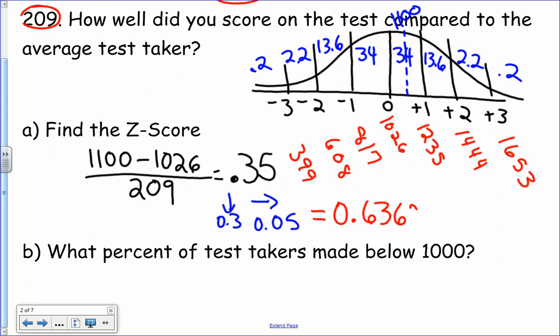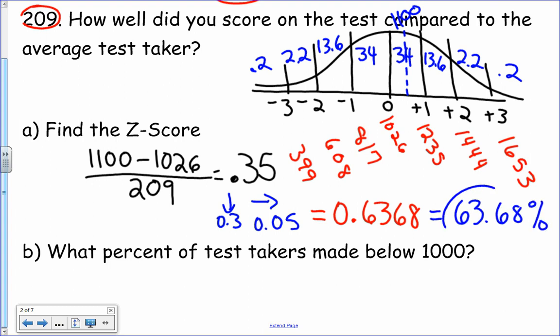0.6368. Do you see that? Okay. Now, that z-score is a percentage. How can we make that decimal into a percentage? Times it by 100, or 2 places to the right. If you multiply it by 100, or you move the decimal 2 places to the right, your percentage is